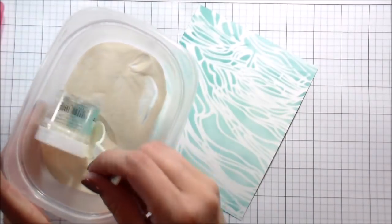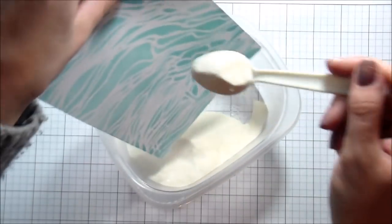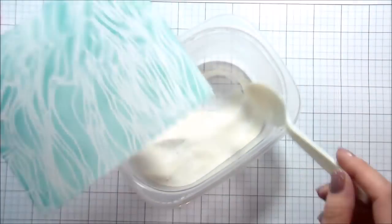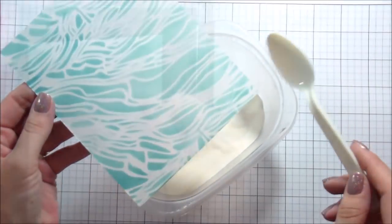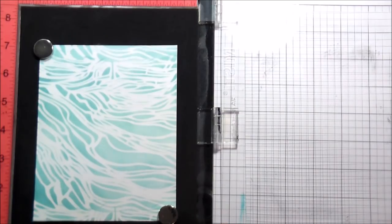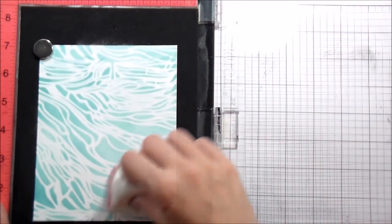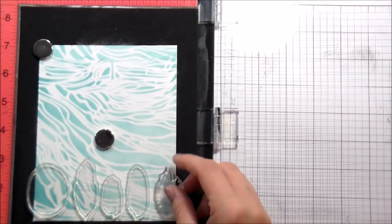Because I use Distress Oxides, I'm making sure that this is good and dry. I'm setting that with my heat gun. Then, because I want to do some embossing, I'm going to dust some embossing powder over both sides of it just to make sure nothing is sticking, and I'm all set to start stamping. I'm going to be using the large Misty for this, the original Misty,